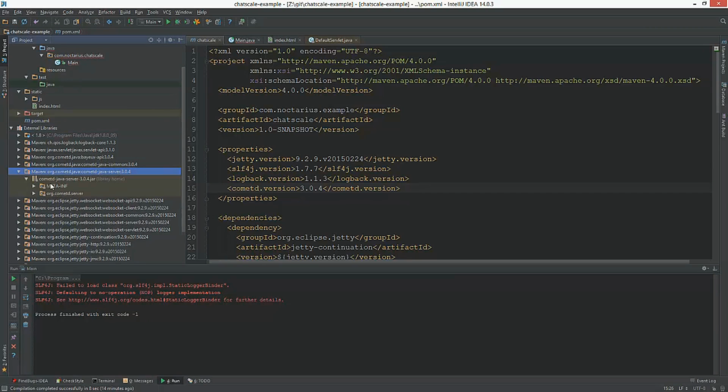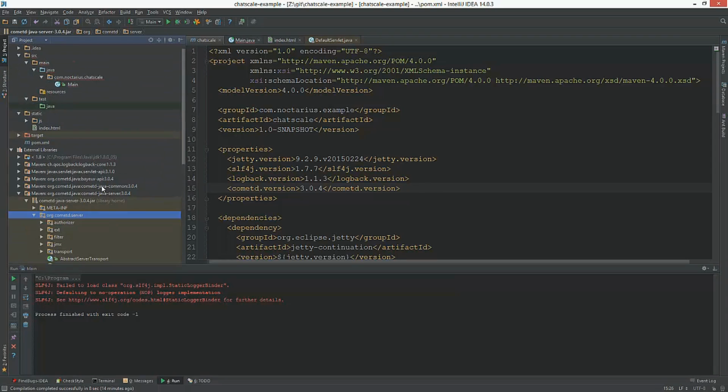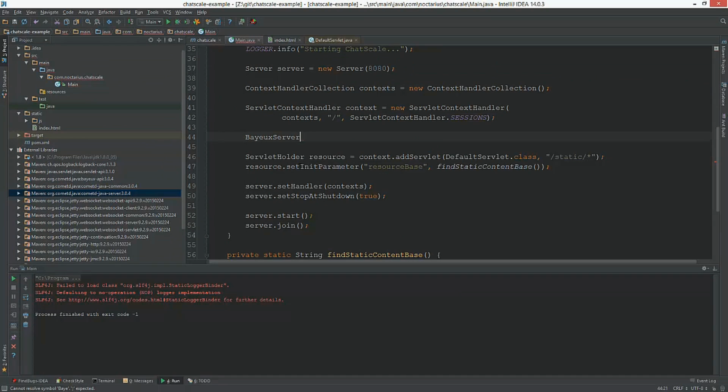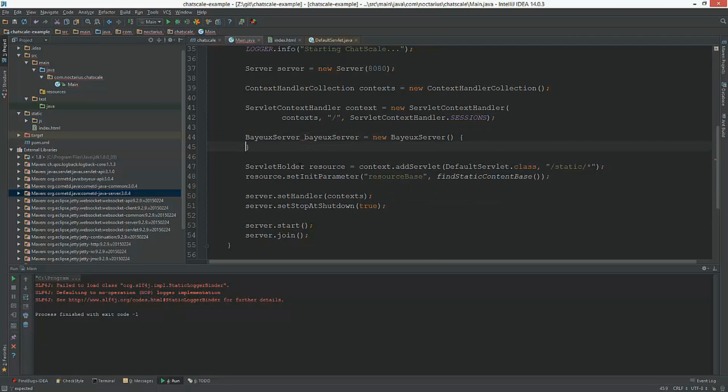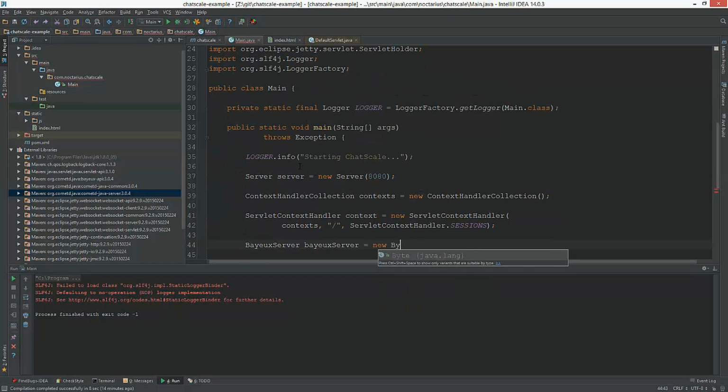It probably is the wrong one. We will see. Okay. Server, at least we have the server I expected. Jetty's Bayeux server implementation. This is what I was looking for. That was kind of missing.